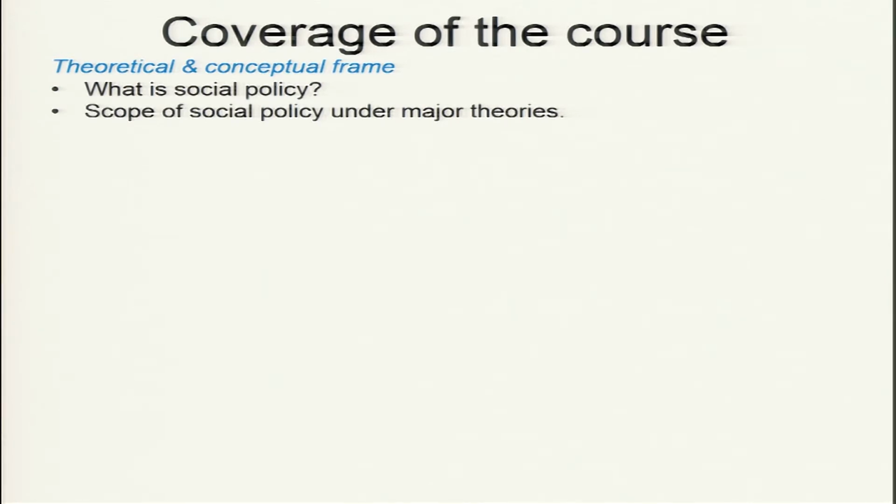under major theories. Obviously, social policy will differ from society to society. Why will it vary from society to society? Because every society has different types of problems, so every society will have different types of policies. But when I say scope of social policy, I am not referring to just that type of difference,